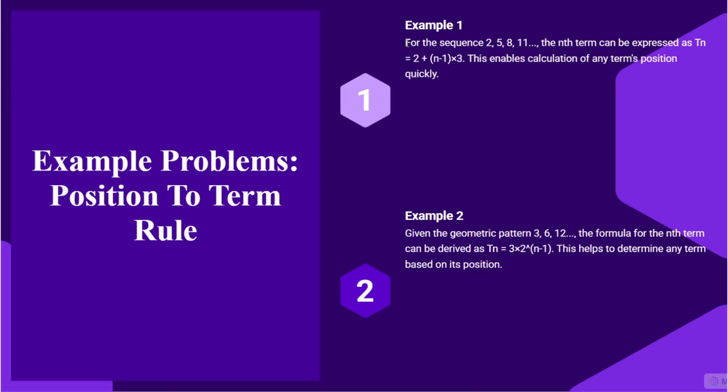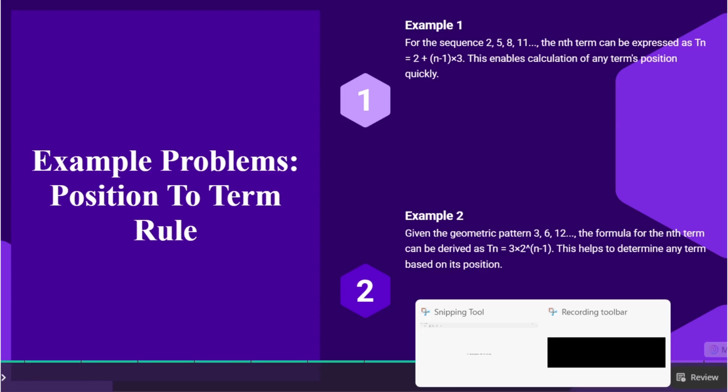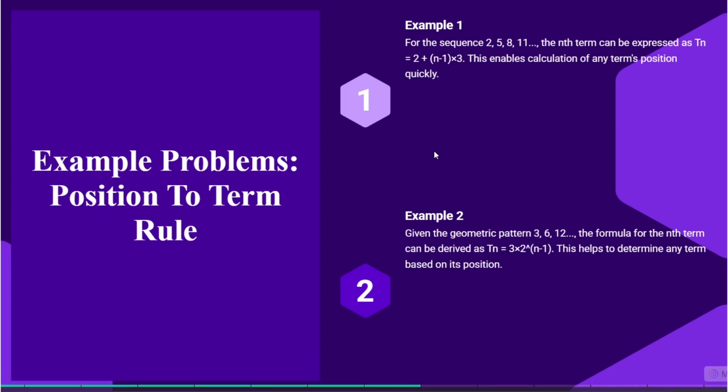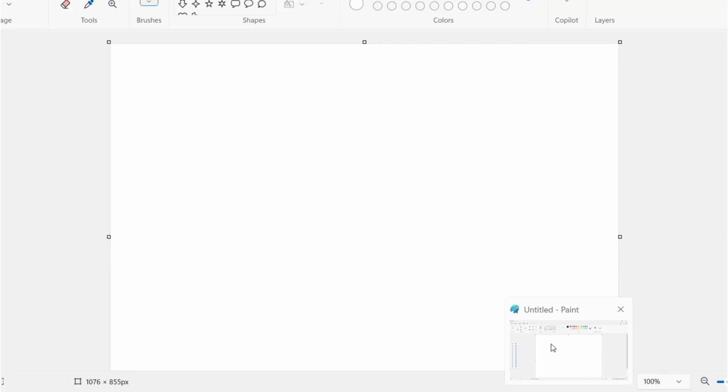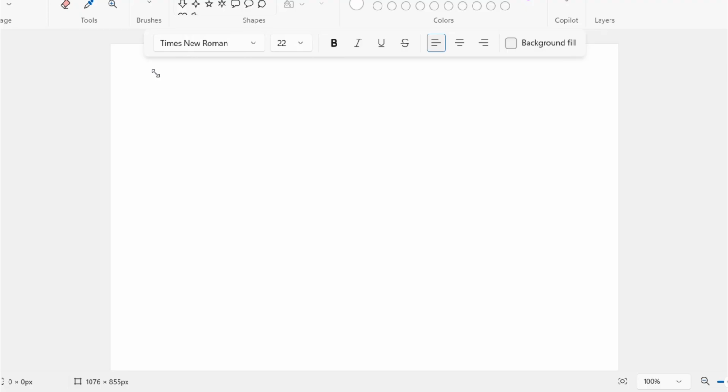So we'll be demonstrating different types of creating these general terms. So let's get started. First, let's give you guys an example: 3, 6, 9, 12. So if we take this pattern,